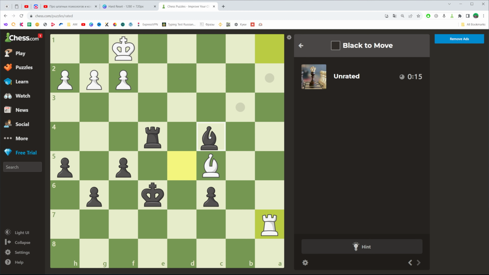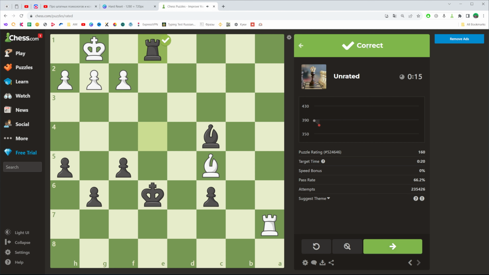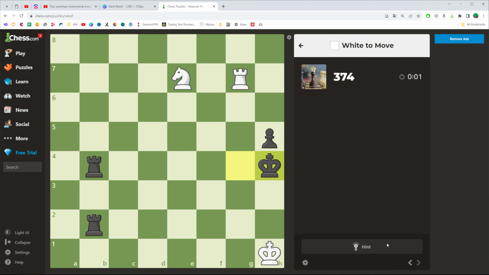Let's try to do it in that way. If your move was correct, your opponent will immediately make another move. So in that way, we can solve puzzles on